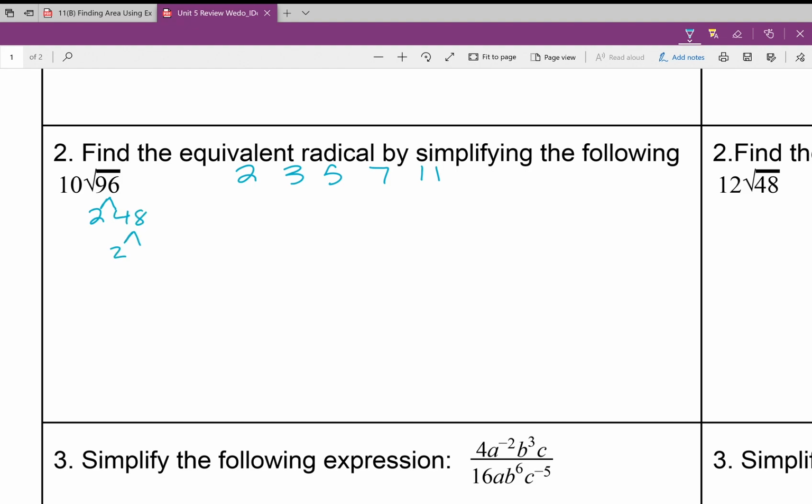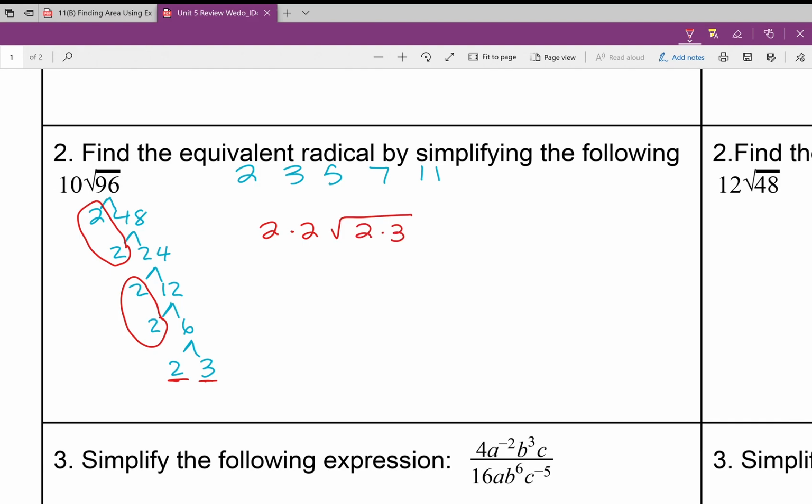And then 2 can go into 48 24 times. And then 2 goes into 24 12 times. 2 goes into 12 6 times. And 2 goes into 6 3 times. So now if I'm circling my pairs, I have a pair of 2's here, a pair of 2's here, and then I have these ones left over. So since I have 2 pairs of 2's, this becomes 2 times 2, square root of whatever's left over, so